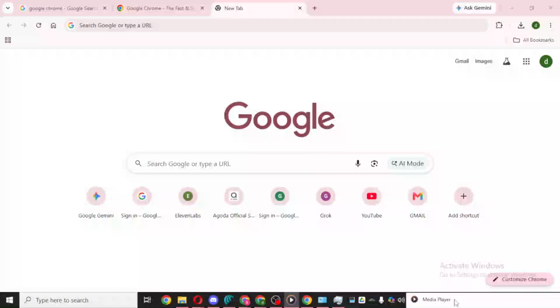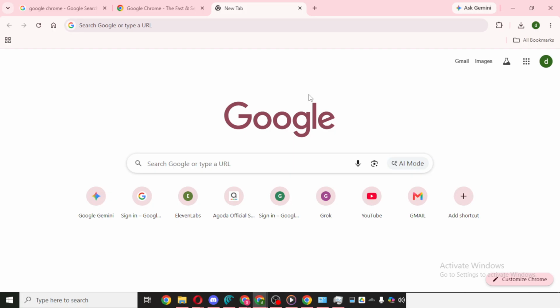In today's video, I'm going to teach you how to download any video from any website on Chrome. To get started, open Google Chrome on your computer. Make sure the browser is fully loaded and that you have a stable internet connection, because you'll be visiting the Chrome Web Store and installing a browser extension. This process is quick, but it helps if everything is running smoothly before you begin.